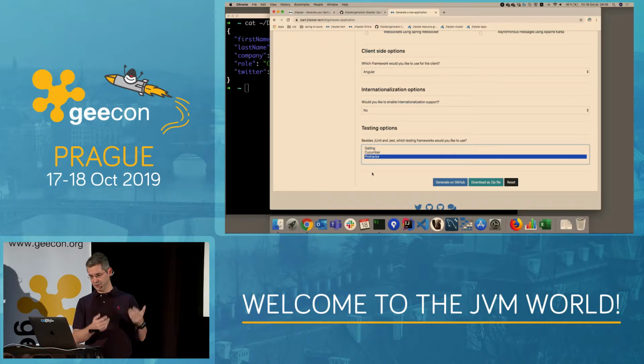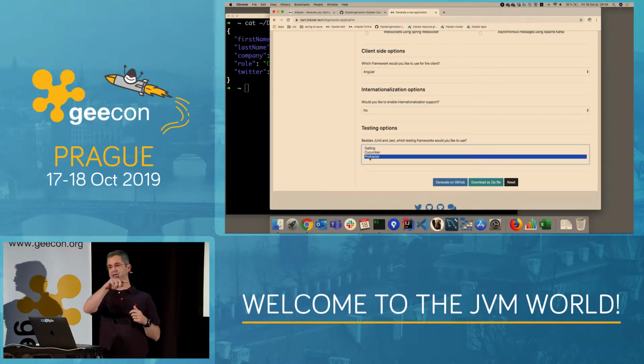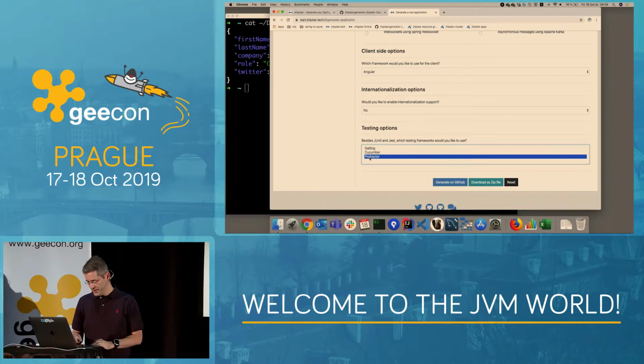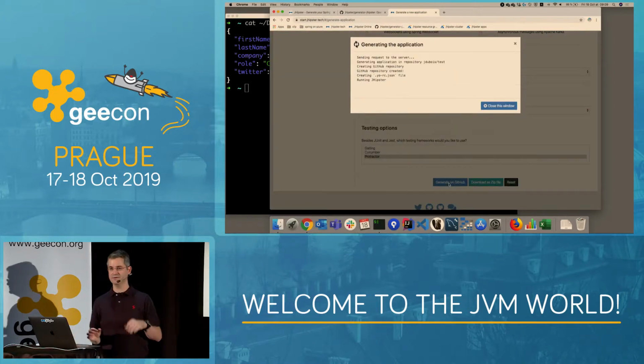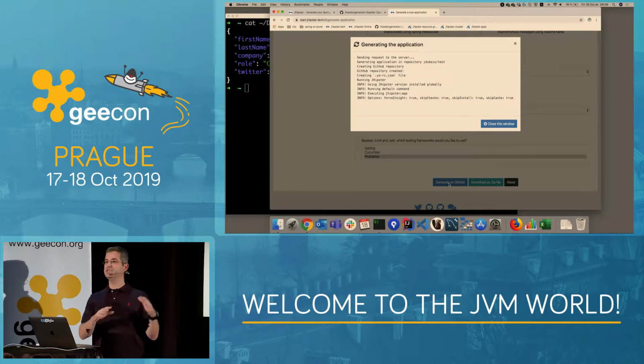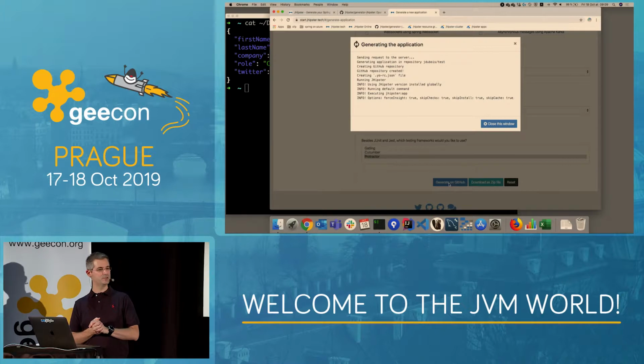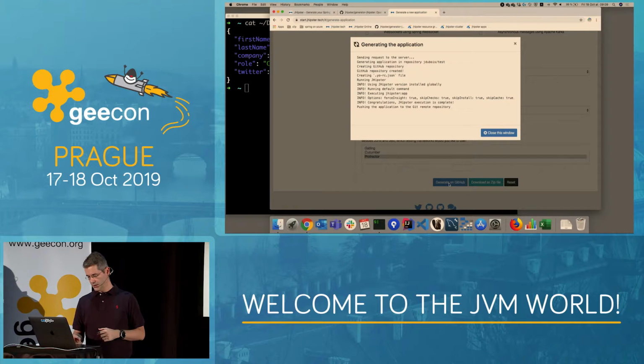But if those are not enough for you, you can use stuff like Gatling for performance testing or Protractor, for clicking everywhere on the website. I like this one because for a demo it's really fun, so I'm selecting this one. And then I can either download everything as a zip file or generate it on GitHub, which is even easier for me. I'm taking the easiest options because we only have 1 hour, but of course you've got tons of other options. So this is generating the app for me on GitHub. It's already pushing it.